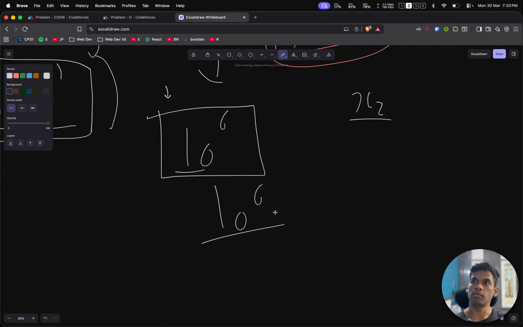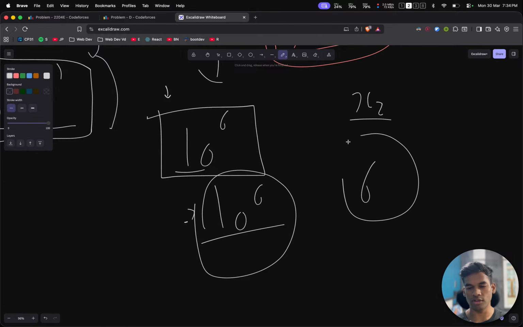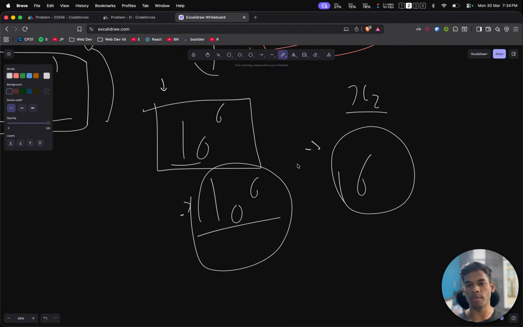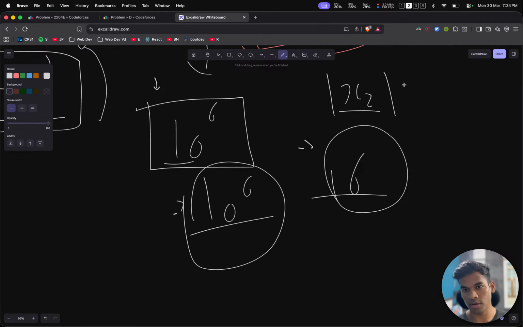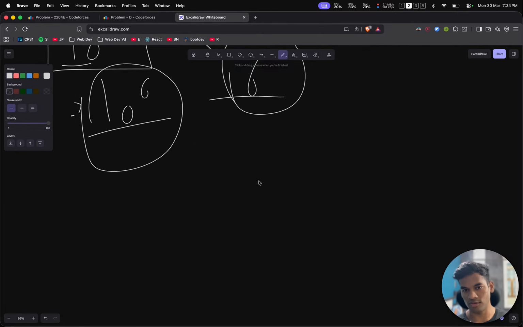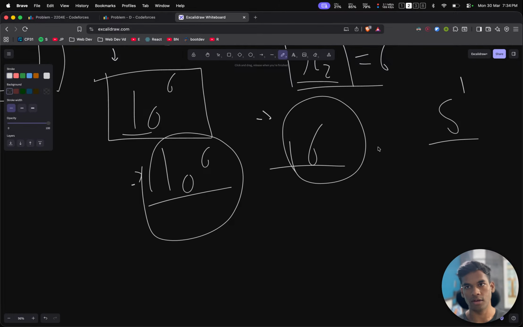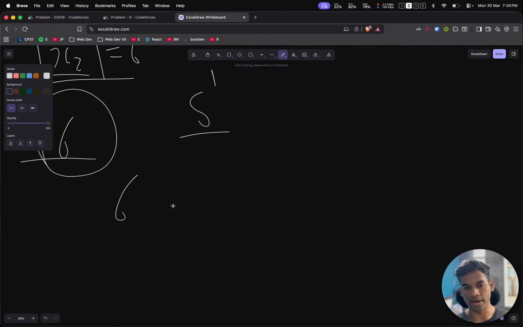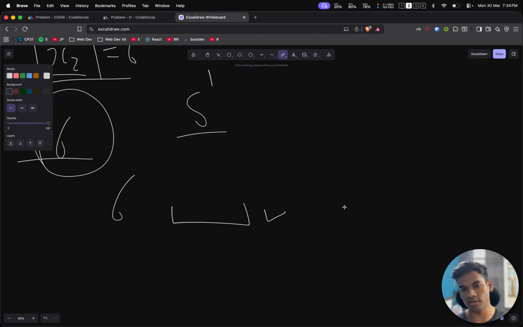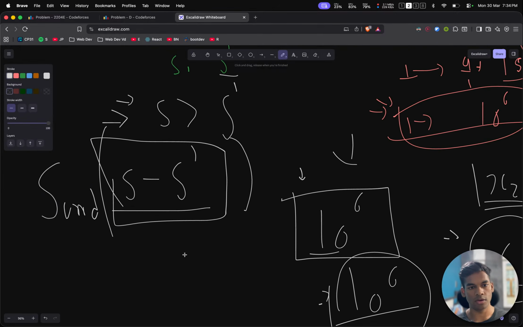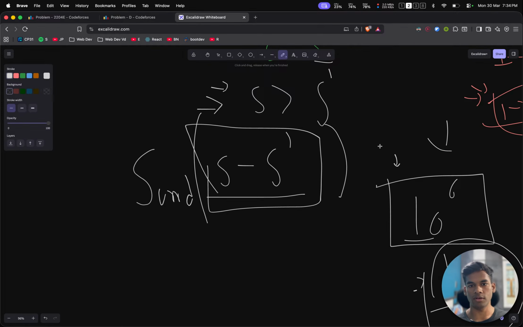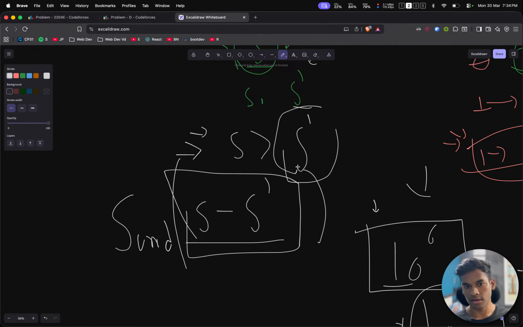Wait, no, it is not that this many digits; there are going to be at max just 6 digits in this number. So the maximum number that we are going to get is going to have a length of 6, which we can easily convert into an s dash thing. Okay, 6 digits, add them, find the next number, add the digits of that, and do this till your number becomes a single digit number. Cool. So at max, we just have to check 6 digits